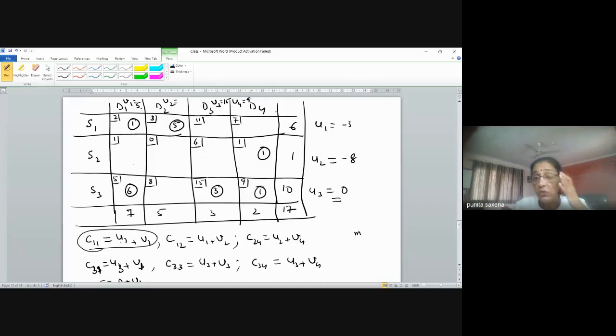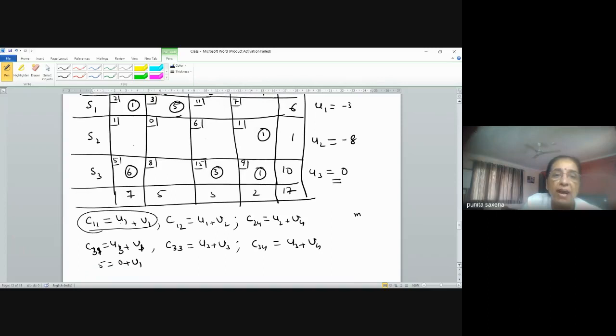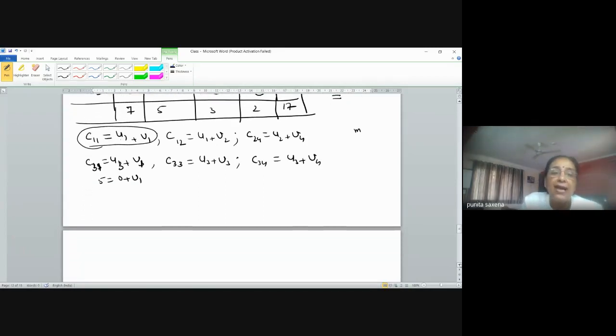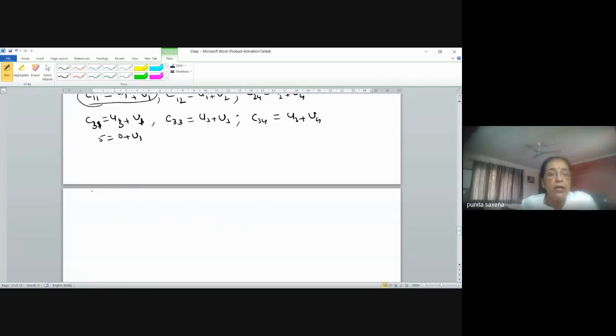Okay. So once you have that, preferably put that equal to 0 where you have made maximum number of allocations. Because देखो यहाँ पे हमने जैसे ही इसको 0 put करा, हमारे पास यहाँ की 3 values automatically आ गई. Right? So it becomes easier to evaluate the remaining VJs. Fine. Now this is your step which you are computing by using all the occupied cells, right? Now, as a next step, what we are going to do is,